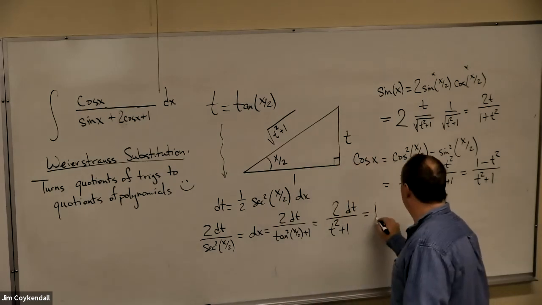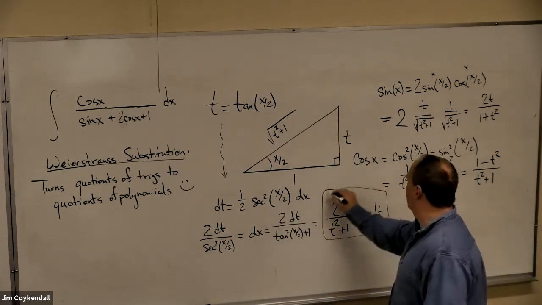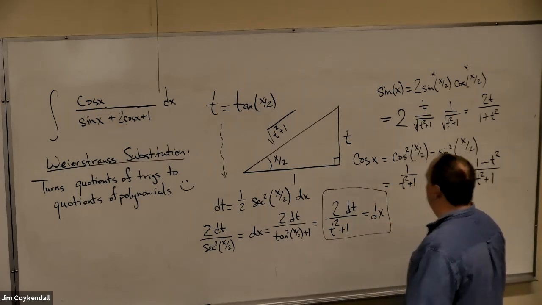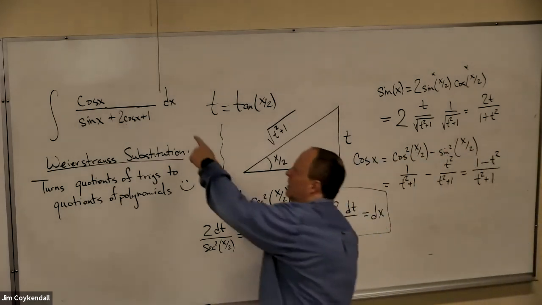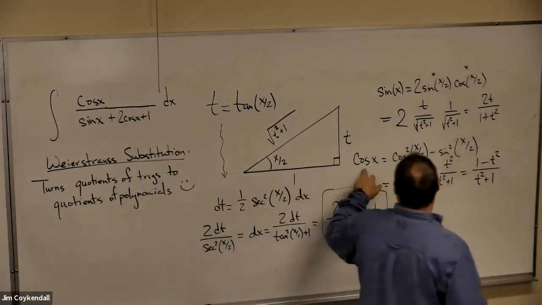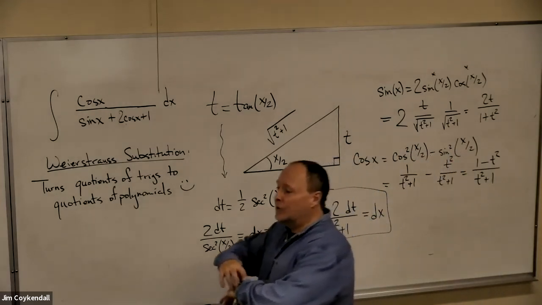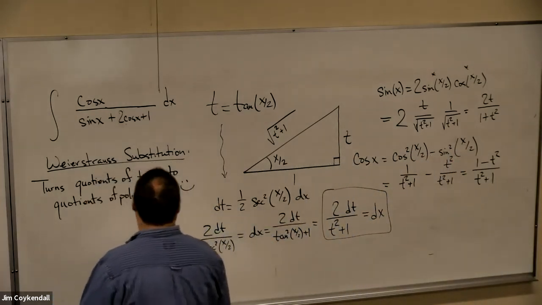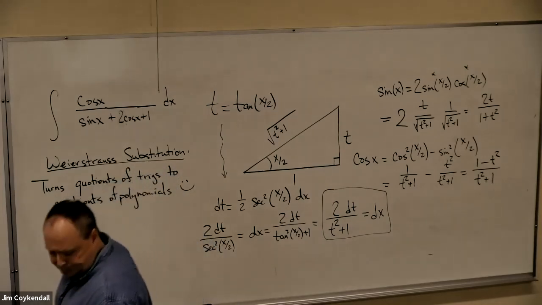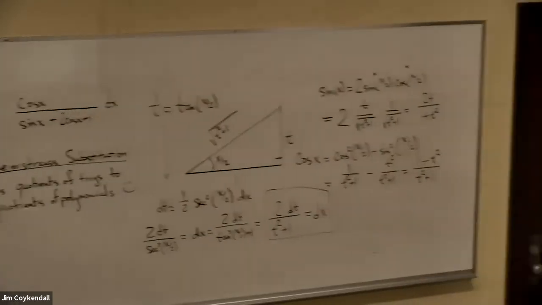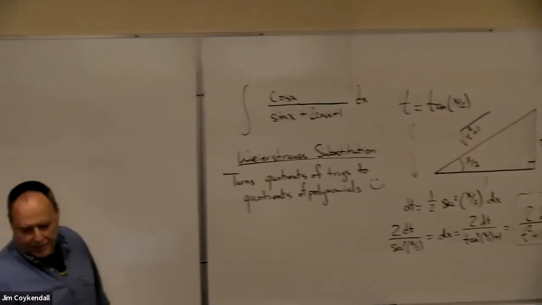So this is a miracle because, I'm sorry, that's dx. There we go. Because your dx is a quotient of two polynomials. Your cosine x and your sine x are the quotients of two polynomials. And so every trig function that you can form, since they're quotients of sine and cosine, must also be quotients of polynomials. So for example, in the example that we have up here, I'll just write this down really quickly. If you're to do the Weierstrass substitution,